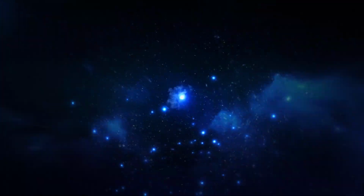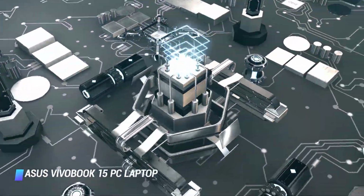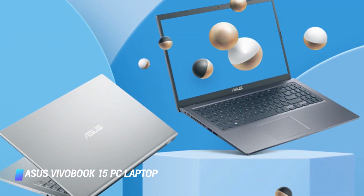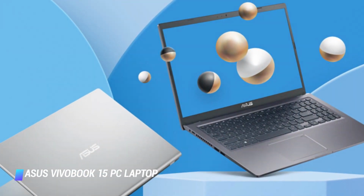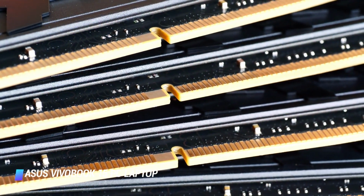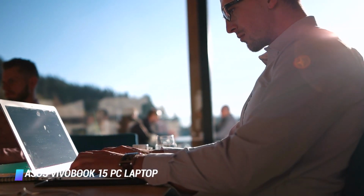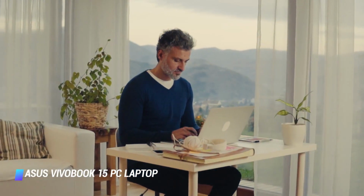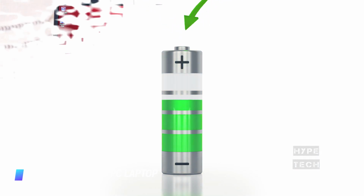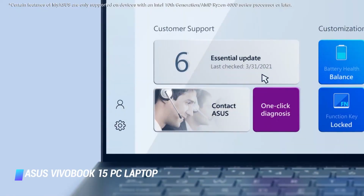Coming at number 2, Asus VivoBook 15 PC Laptop. Specs: CPU, 10th generation Intel Core i3 dual-core. Display: 15.6-inch Full HD IPS display, 1920 by 1080 pixels. Memory: 4GB of RAM, 128GB SSD. Connectivity: USB-C port, 3 USB-A ports, HDMI, micro SD card reader. Battery life: 6 hours. The Asus VivoBook 15 PC laptop is a solid alternative to our top pick with a